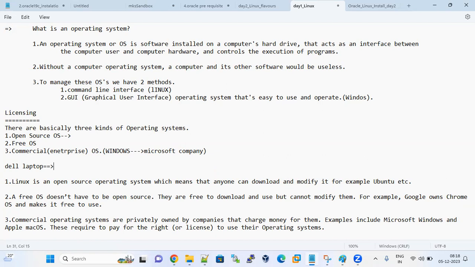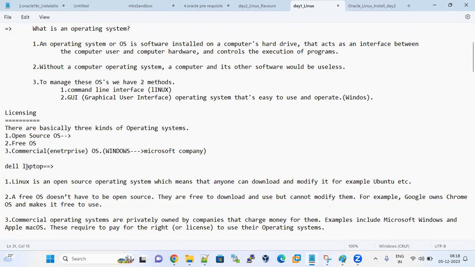They will support us. If you need, they will come to your doorstep. They will fix your problem for 1 year. After 1 year, you have to renew and pay some amount. The support will be renewed for the next 1 year or 2 years. So that is how vendor support works.